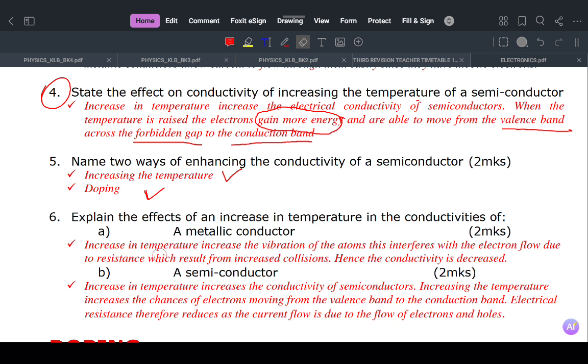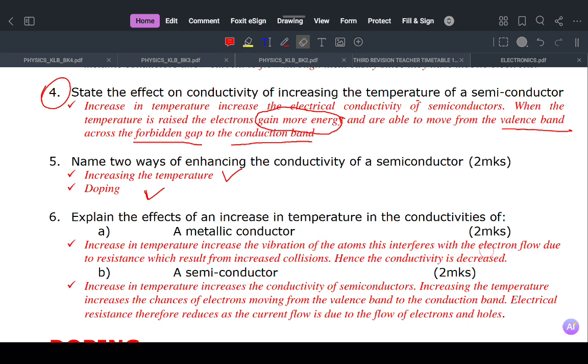So the resistance will actually reduce the current flowing through the metal conductor, okay, due to collisions between particles. Therefore, the conductivity is decreased. So when you heat a metal which is in a conducting path, the current flowing through it is going to decrease. Why? Because